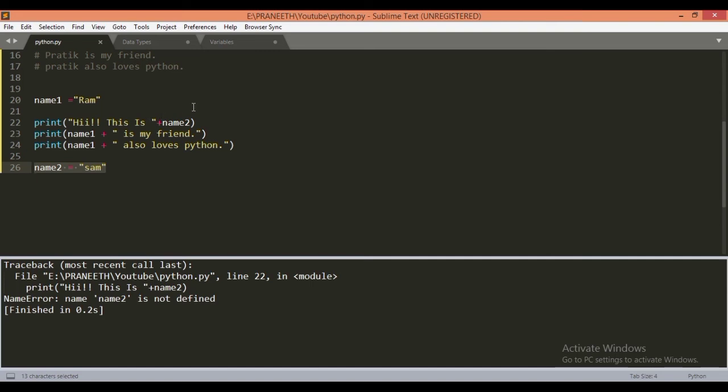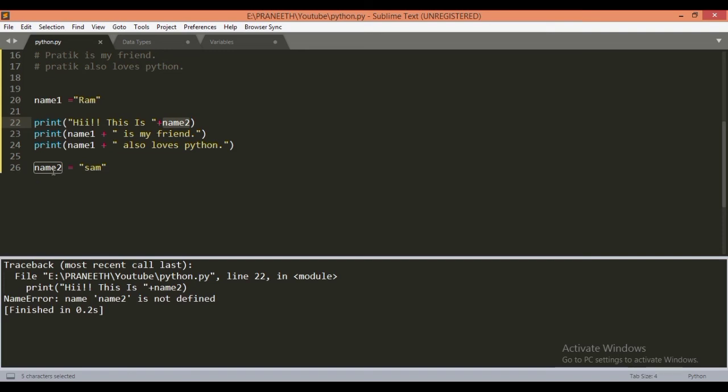As we discussed in the first lecture, Python is an interpreted language, meaning it first converts the first line of the code and executes it, then goes to the second line and continues similarly. When the computer executes the first line, it will run. When it executes the second line, it will look for the definition of name2, but name2 is not given before it.